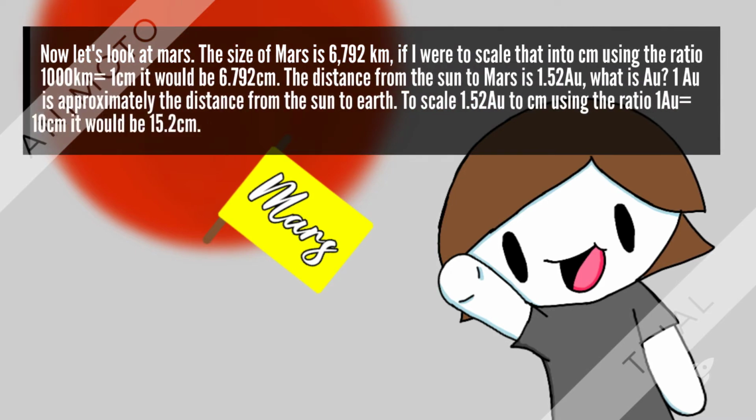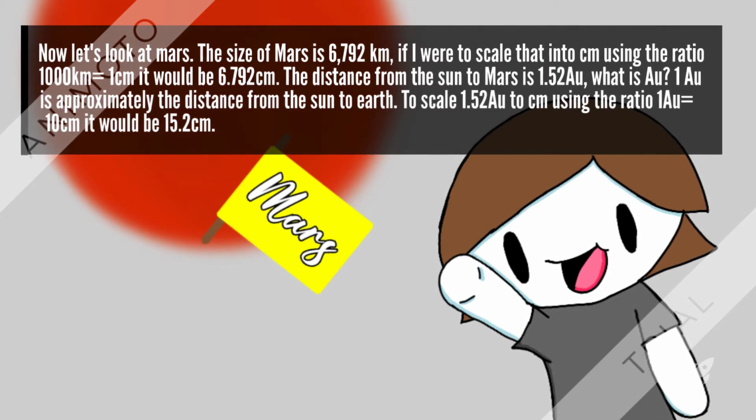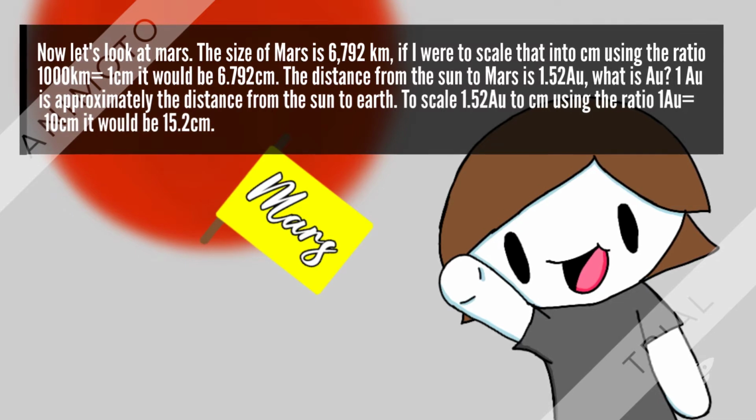Let's look at Mars. The size of Mars is 6,792 kilometers. If you were to scale this into centimeters using the ratio 1,000 kilometers equals 1 centimeter, it would be 6.792 centimeters. The distance from the sun to Mars is